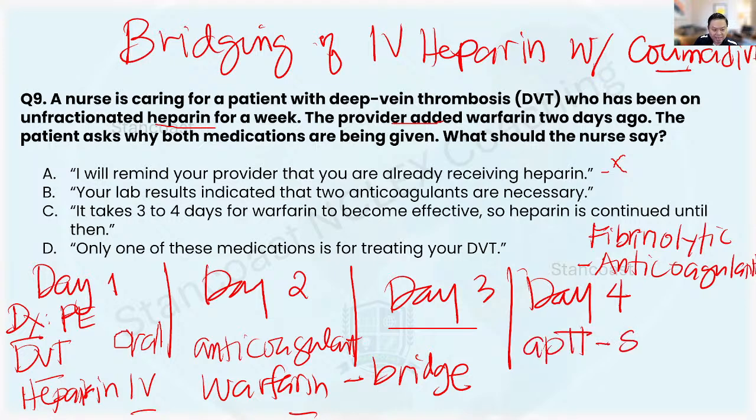If the APTT becomes stable during the third or fourth day, then there is a possibility that around this time, 3 to 4 days, the therapeutic effect of the warfarin has already kicked in. Remember, I said about the warfarin that it will take a good 3-4 days for it to start working inside the body. And so around this time, during the 3rd and 4th day, the patient's prothrombin time